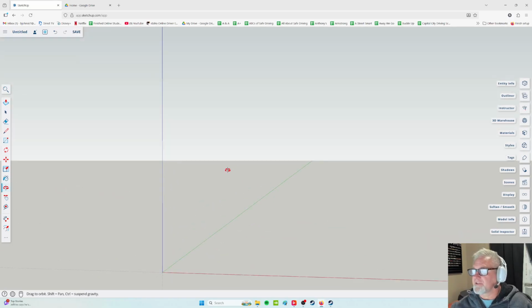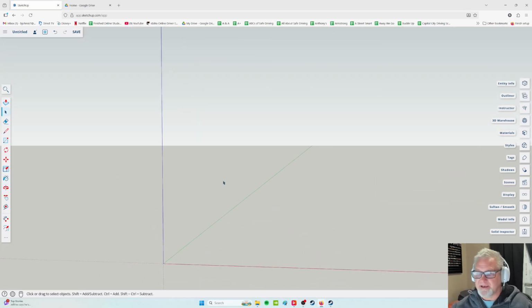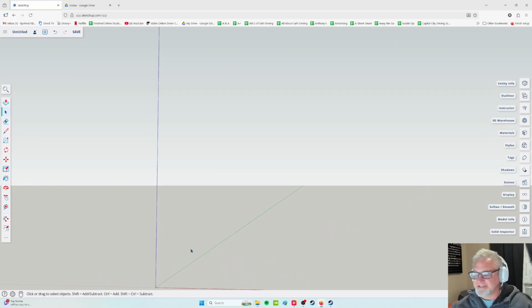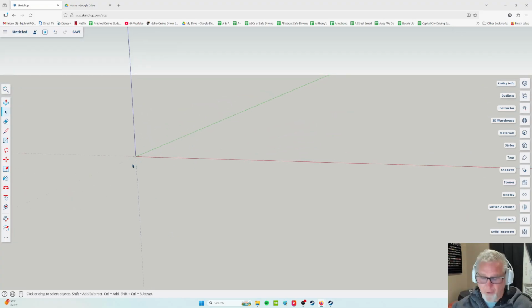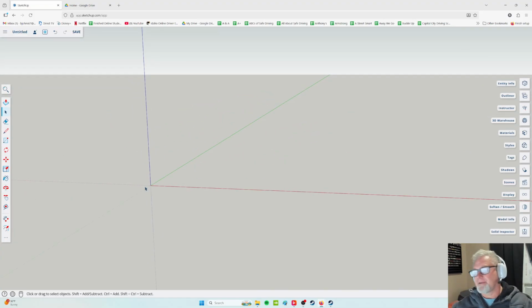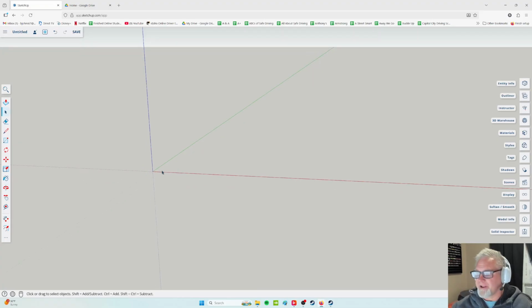It's very deceiving. The 3D environment is not really a ground and a sky. This is just there to help our eyes feel comfortable. 3D really is just space. In fact, these lines don't really exist. They're just there to help us, again, find ourselves and know where we are in space. These are called the axis lines. And so we have solid blue going up, dotted blue going down, solid red going east, dotted red going west, solid green going north, and dotted green going